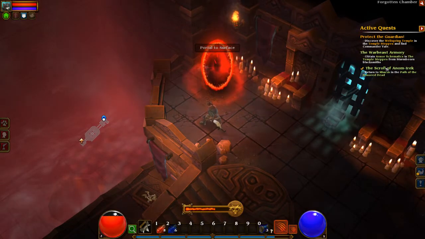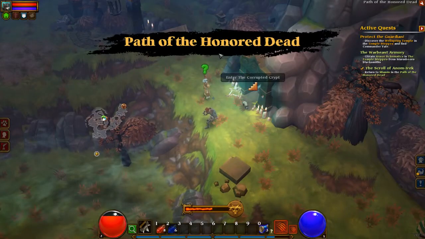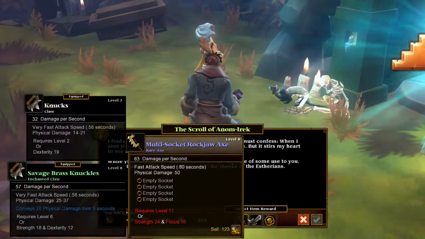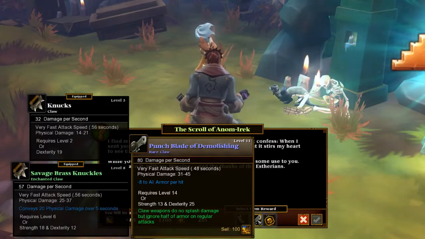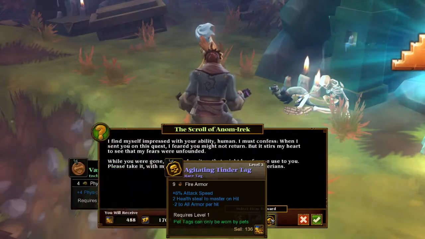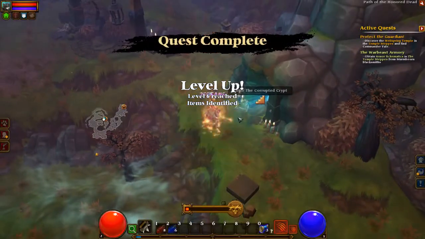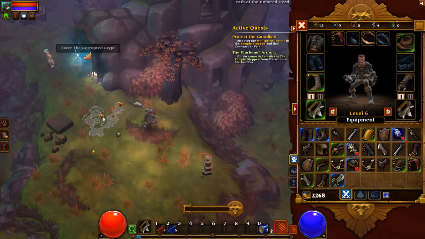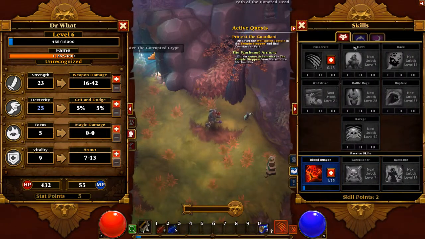Okay, let's go back to the surface. We found the Scroll of Anum Irek. Okay, so Miamin. My thanks. She has a nice rare claw for us, a punch blade of demolishing. Could also go for the pet tag, but I prefer the weapon. You have become more skillful. As I level up, also some of my items get identified. I'm not quite certain what the exact mechanics of that are, but